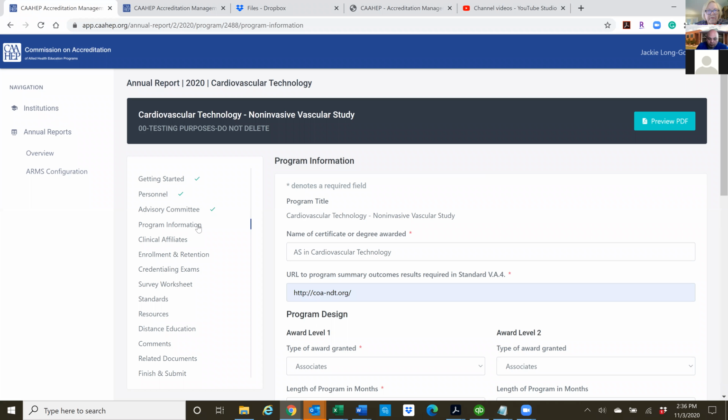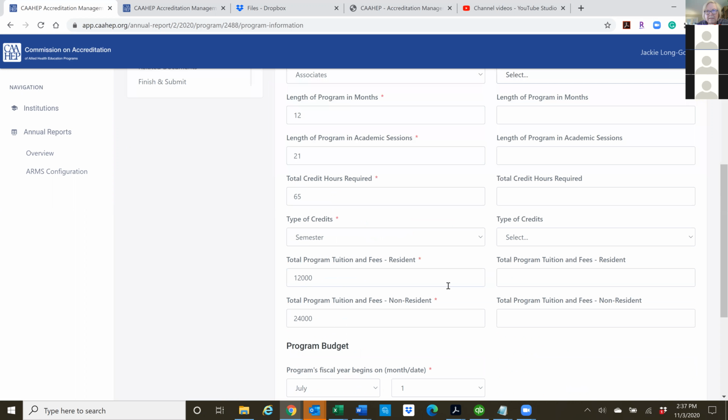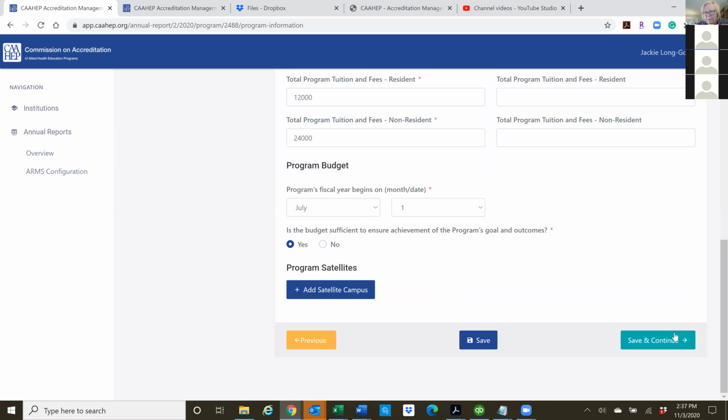Okay, so then your program information, you'll notice that you didn't get a green check mark here because it hasn't been accepted, and it's not accepting it because of this. And so I'm not sure why that is. I wonder if it's because you have that second associate's degree, the level 2, without information. Oh, perfect. Yes, it is. That is exactly it. Thank you.